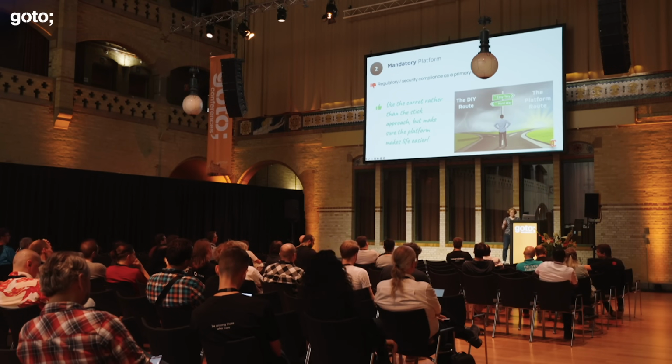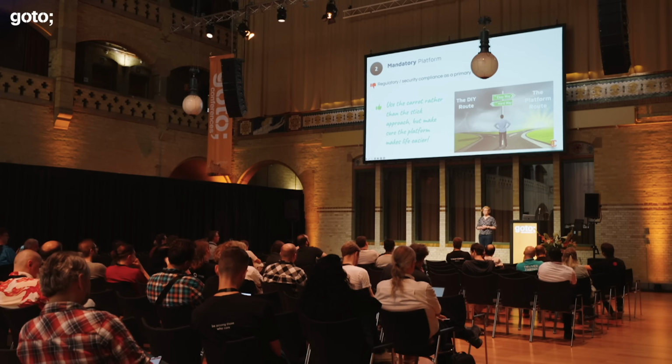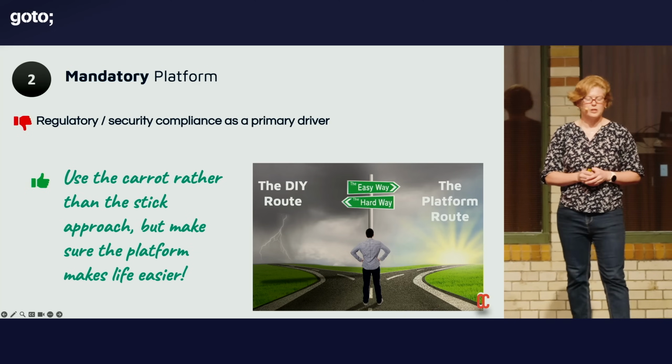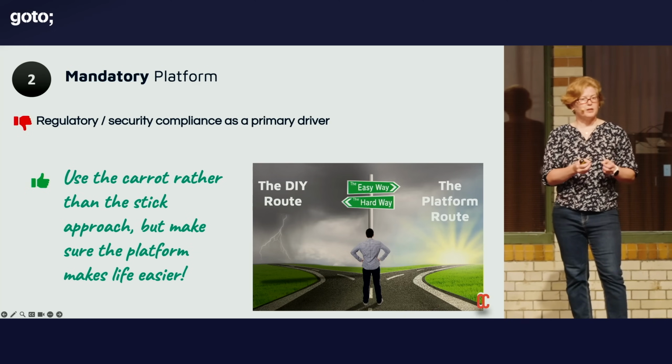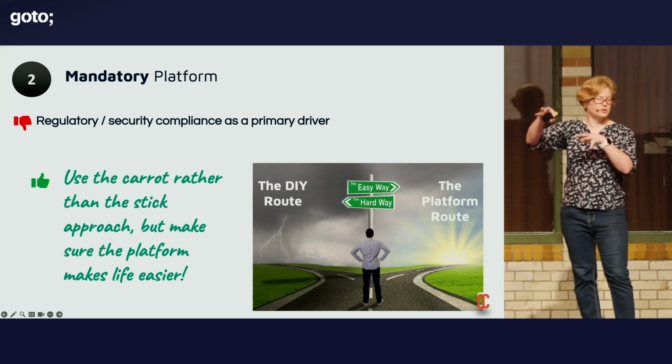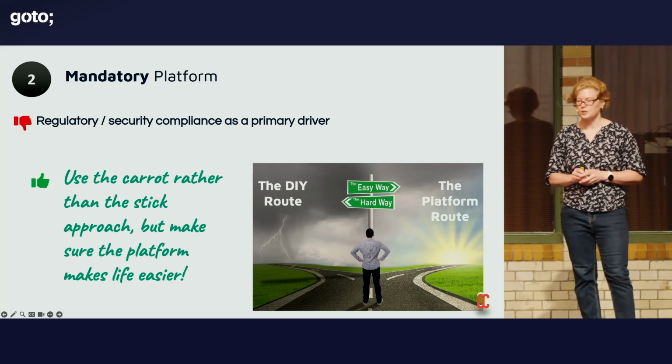Now, if I give you a specific example here, it may be that somebody wants to build a public-facing service. And you can say, well, actually, on the platform we have some pre-approved templates that will generate it for you. It's been approved by security, so they understand what the risk profile is. And if you use that on the platform, you can just deploy, there are no barriers, and then you can start building the rest of your application.